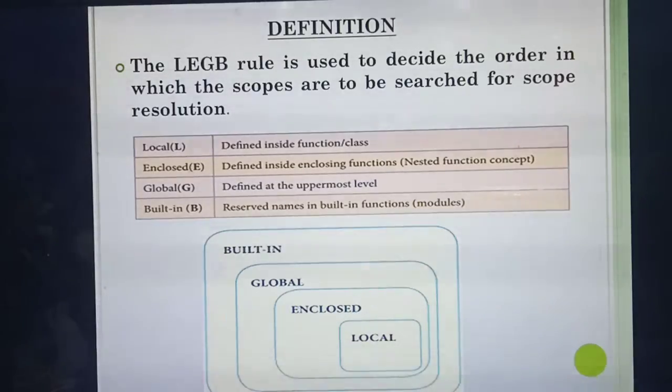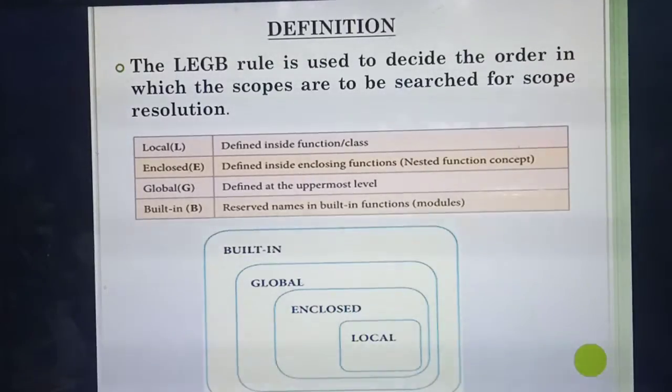Okay, so global means listen. I always set the uppermost level. So global means always which level? Always you are giving that the uppermost level, global. Then built-in. Global also you have studied. What do you mean by global scope? A variable defined outside the function is called which one? Global scope. Same only. Global variable you will always define at the top. So here also global means at which level? Uppermost level. Next one is built-in.